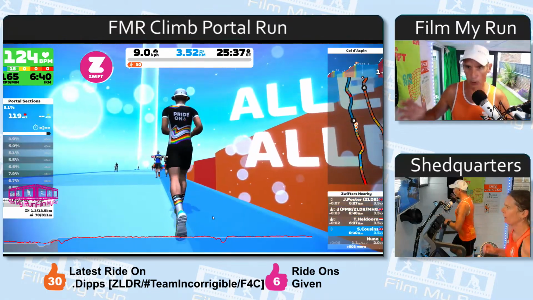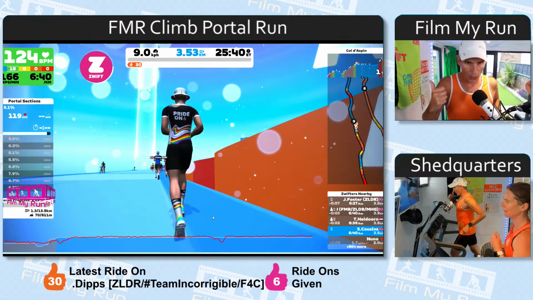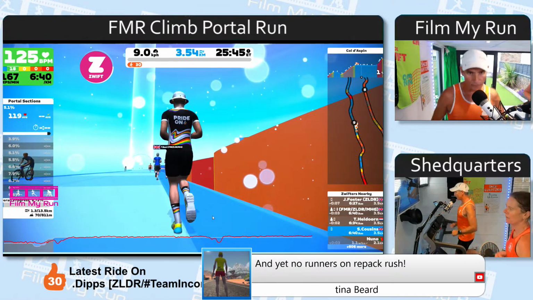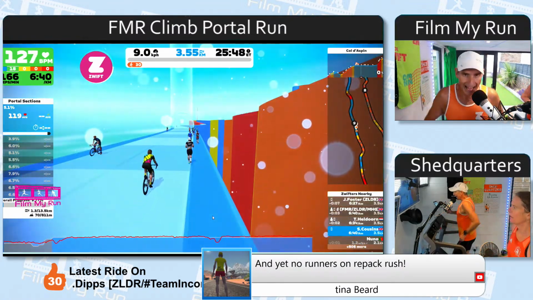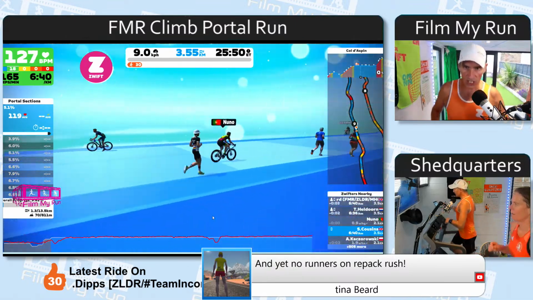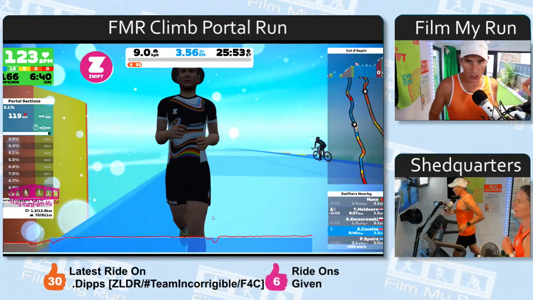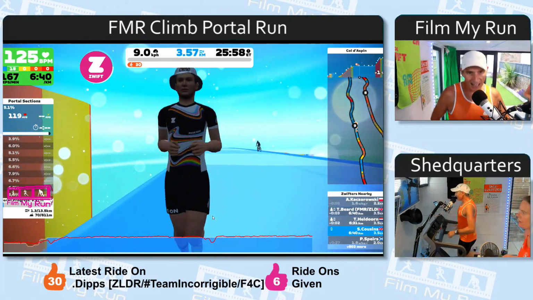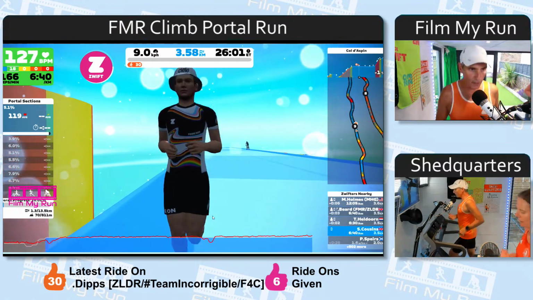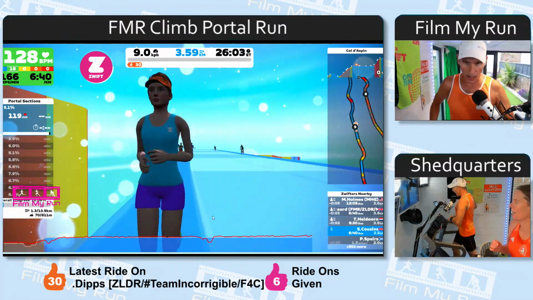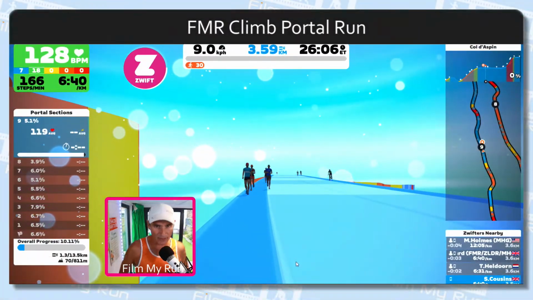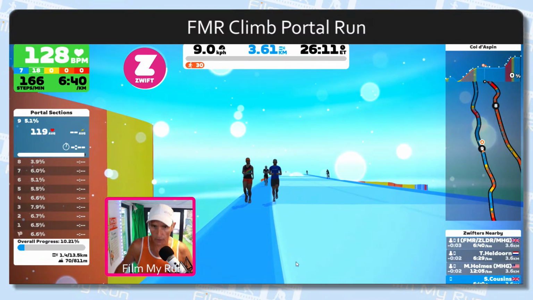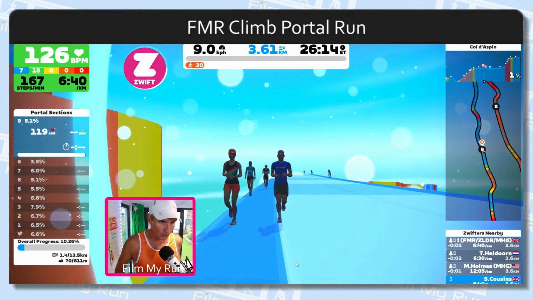So although you will enter the portal at the same place, in Watopia and France, there is an entrance to the portal. It's the same portal whether you enter in France or Watopia, and you will come onto a different climb every 2 days, but they do essentially look the same in terms of the graphics, and that's allowed the Zwift developers to create all of these climbs pretty quickly, because they're not having to code trees, rocks, houses and other features of an environment, animals.